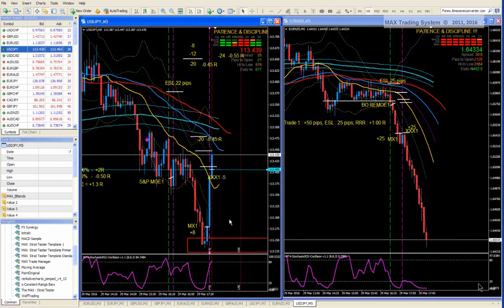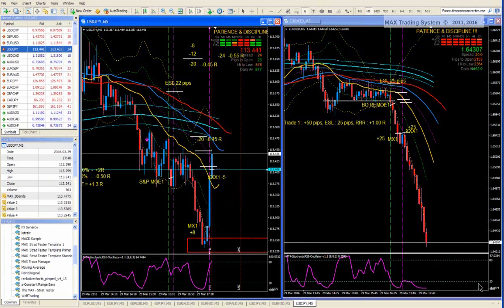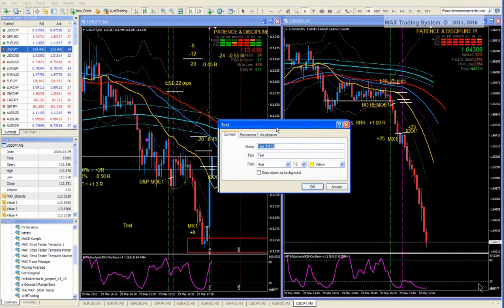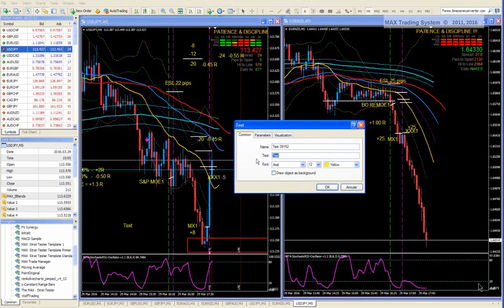Anyway, here, a small loss on the second unit, making the trade virtually a break-even trade. 3 pips profit, I consider it a break-even trade. So trade 1 plus 3 pips. The stop loss was 22 pips, so this represents a reward to risk ratio still positive, but virtually 0. So I take 3 and divide by 22, and so 0.07. 0.07 R. Okay?